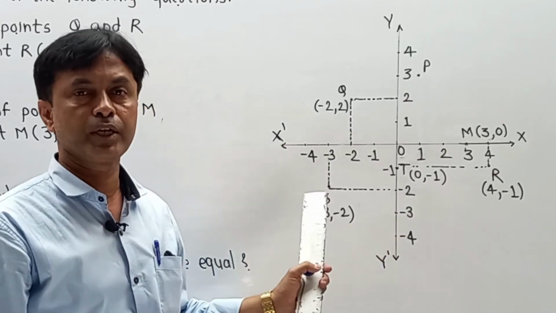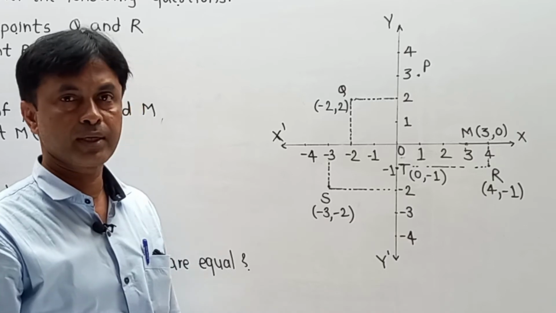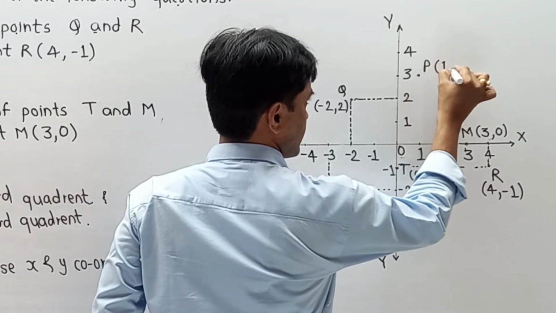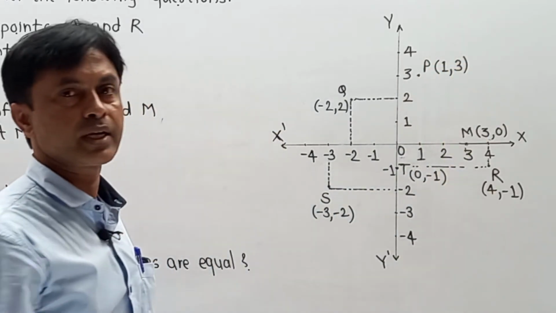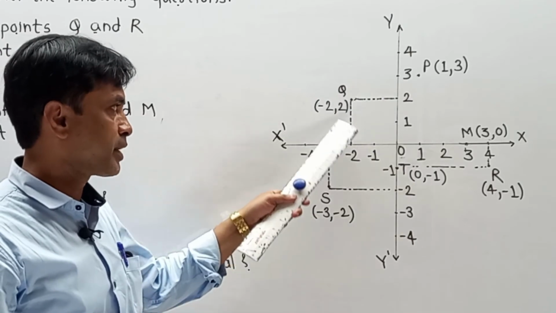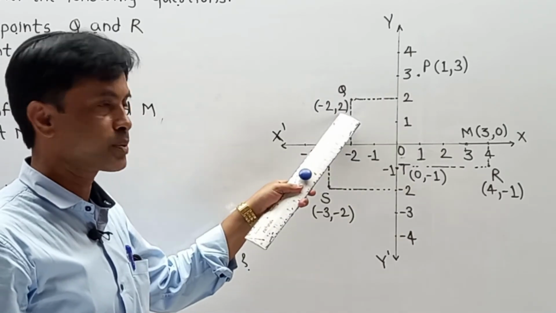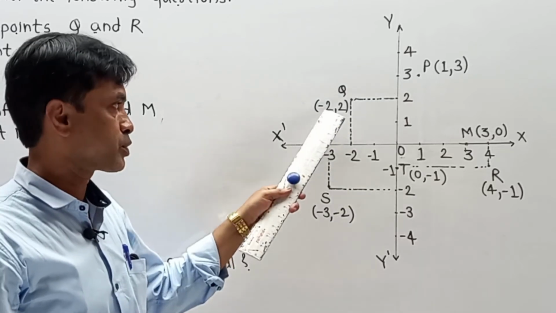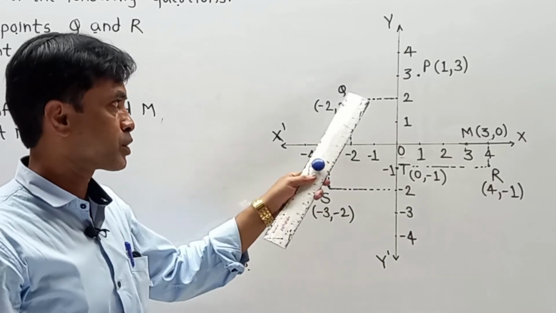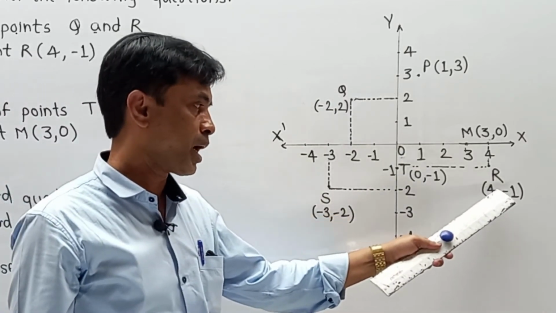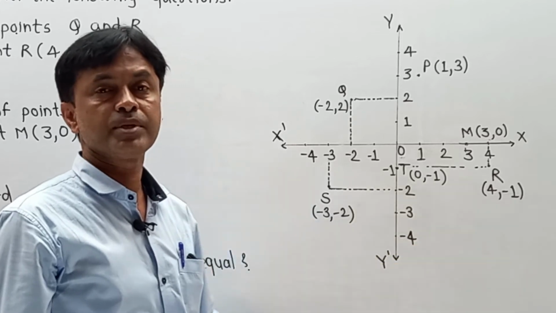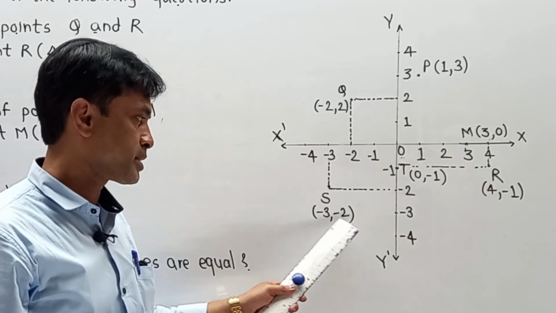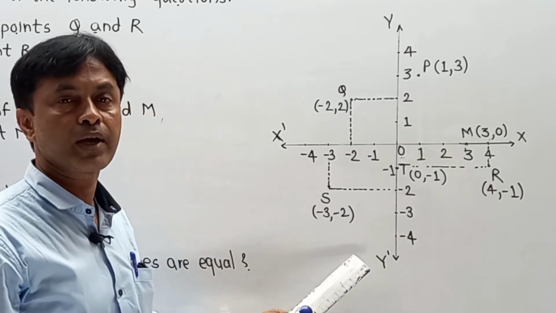Now we are coming into the graph one by one. Point P having x coordinate 1, y as 3, means it is 1, 3. Definitely these coordinates are different. Second point Q having x coordinate minus 2 and y coordinate plus 2. No doubt in numbering it is the same, but as it is a minus, the value changes. So it's minus 2, 2, it is also not the same. After P and Q we are coming to point R. R having a coordinate 4, minus 1, means again x and y coordinate values are different. Next coming to S having minus 3, minus 2, again its x and y coordinate values are different.